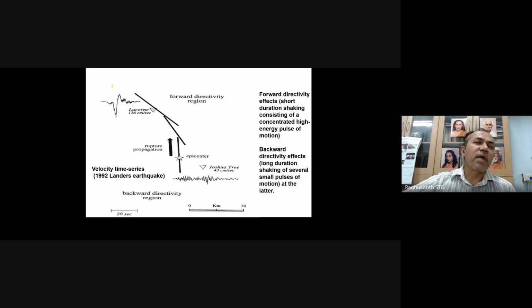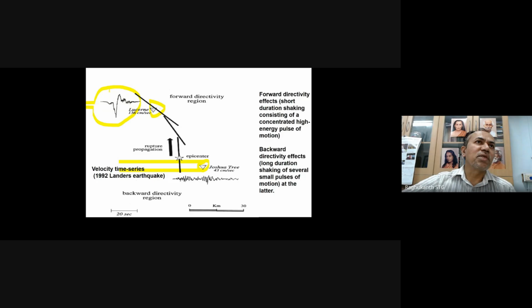So this is one classical figure where the effect of the near field has been shown. This is for one earthquake in the US, where the epicenter was here. You can see this station and this station. Both of them are located more or less similarly, and the fault distance is more or less the same. But depending on the direction the rupture is going, here the velocity will be 136, here it is 43. So there will be a huge increase in velocity when the rupture energy is coming toward you, and when the rupture is going far away, these numbers decrease.